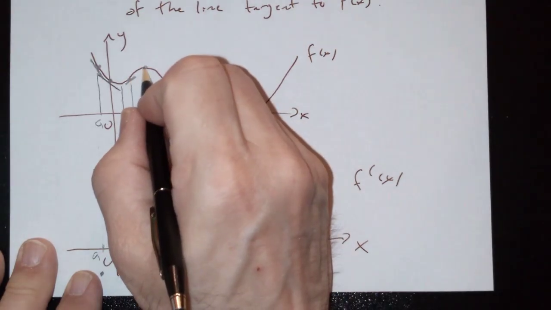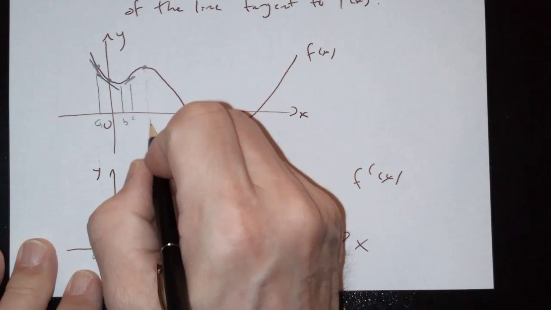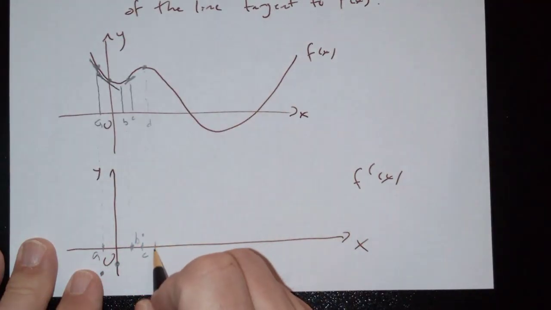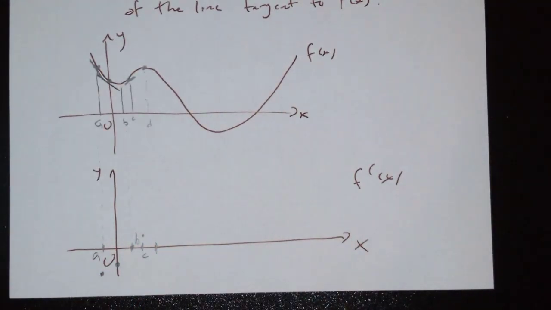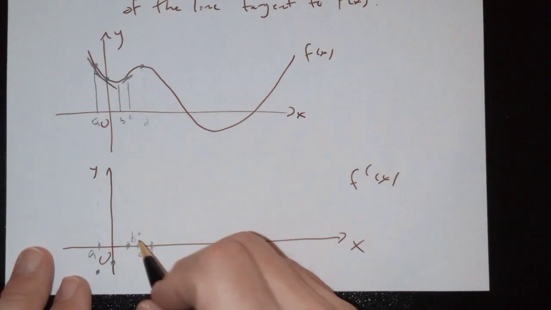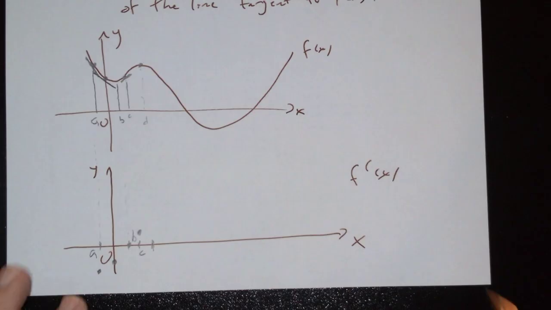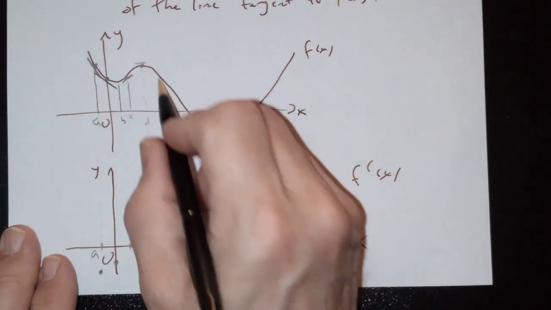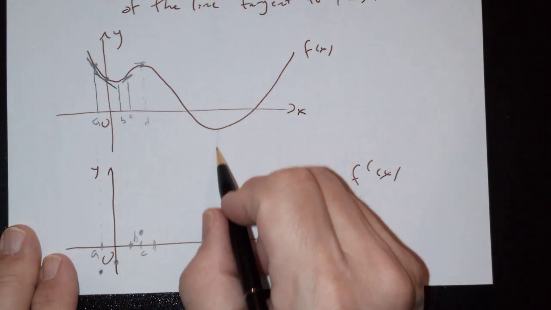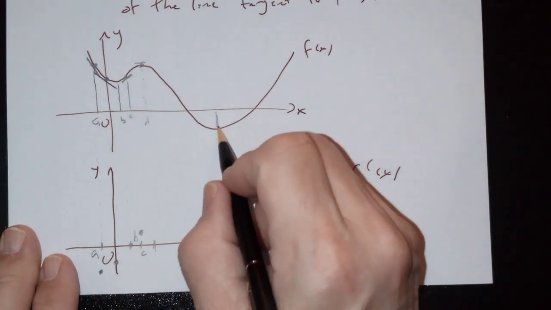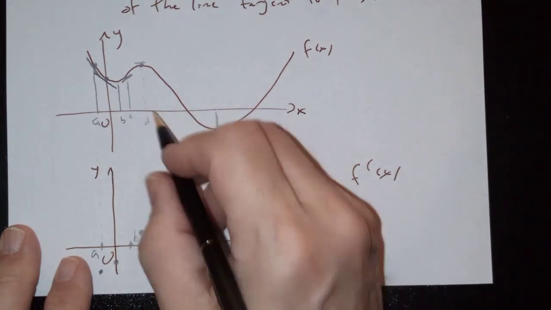But then what happens when I get here? It might be 0 again. And then what's going on in this section? It goes back to negative, and then,